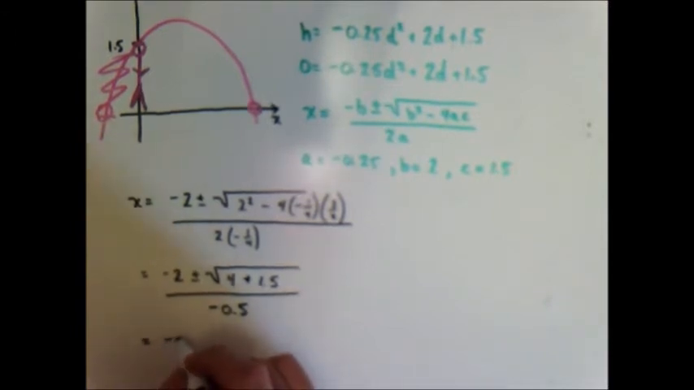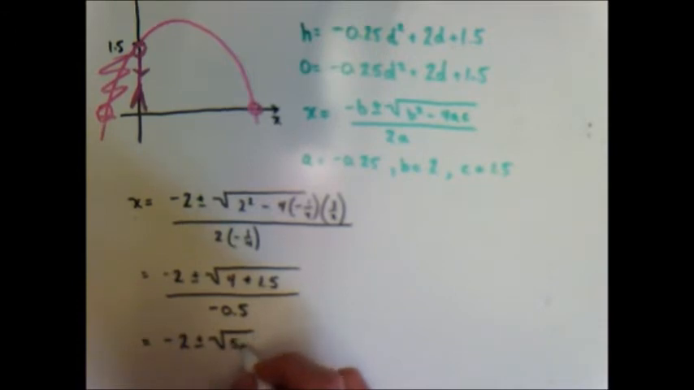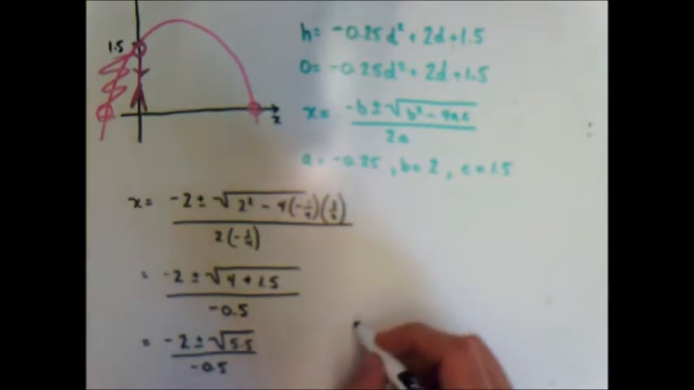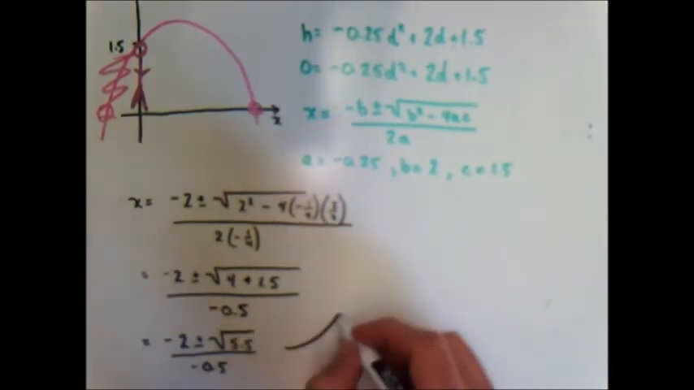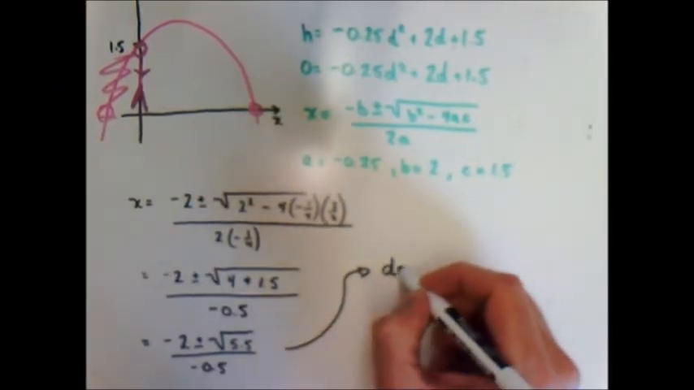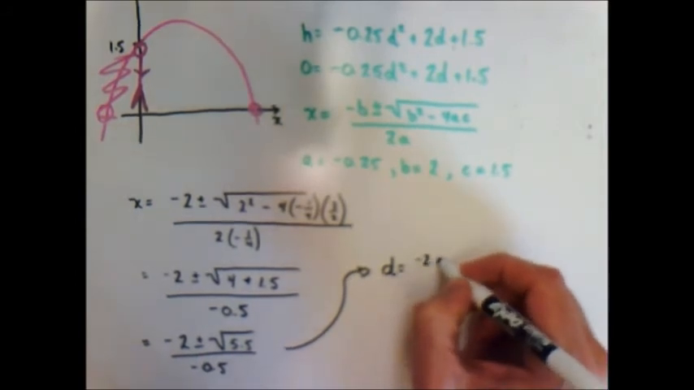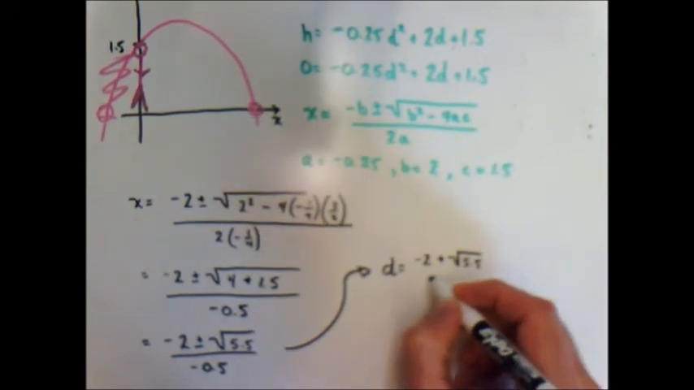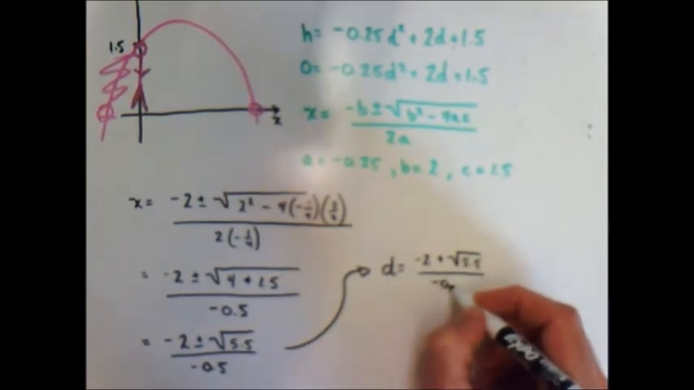And we can reduce this further. So we have negative 2 plus or minus the square root of 5.5 over negative 0.5. So this tells me that d, if I plug this into my calculator, d equals negative 2 plus the square root of 5.5 over negative 0.5,